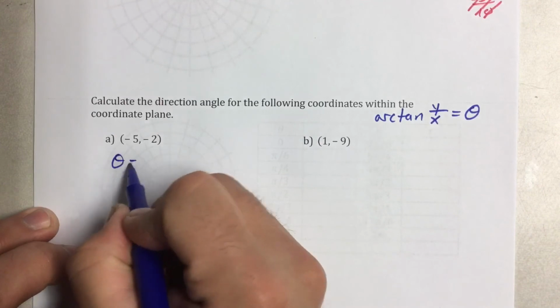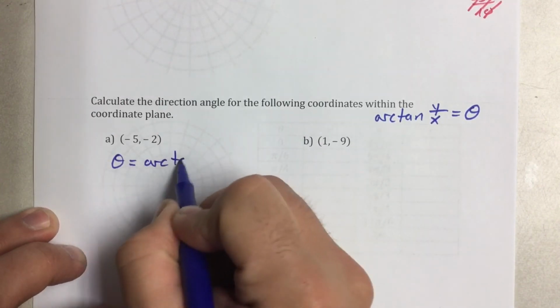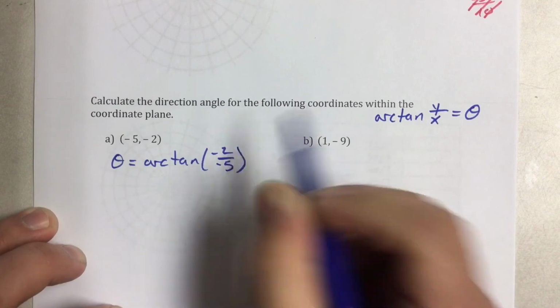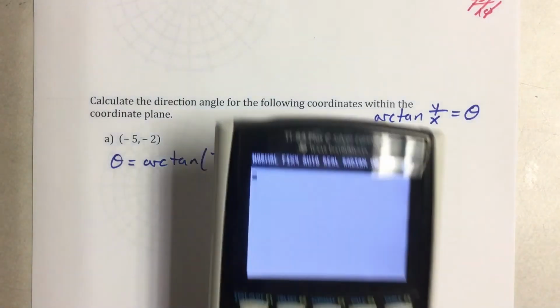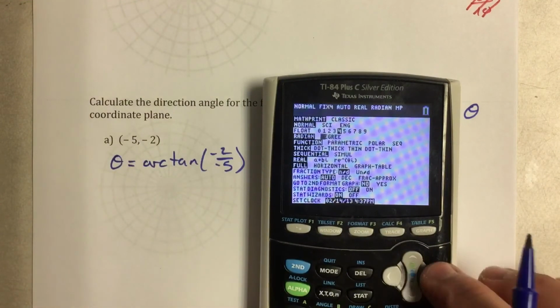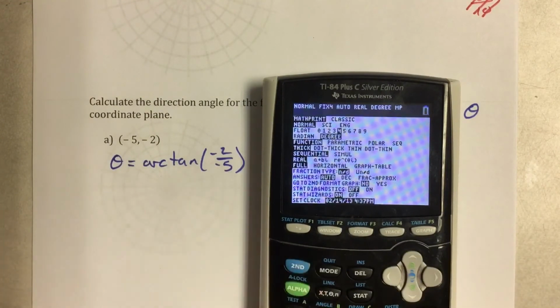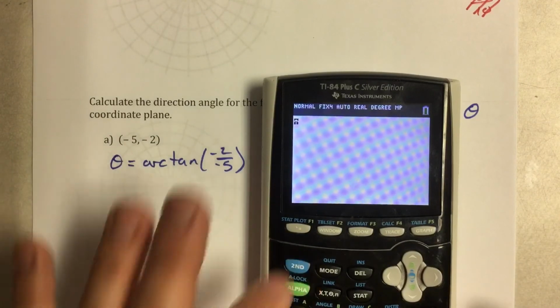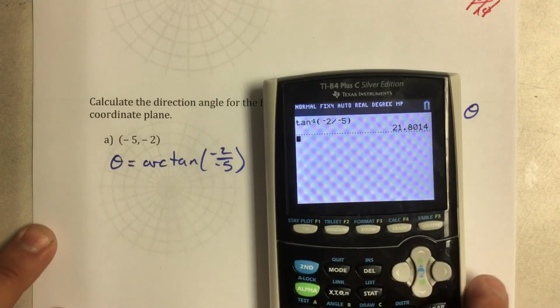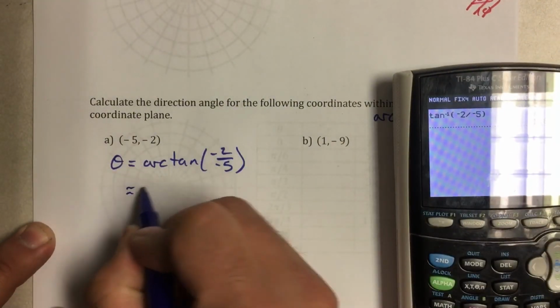So theta, the direction angle, is going to be the arctangent of -2 over -5. Okay, so in our calculator we would get from that, say we are in radians, so I need to change that to degrees. Okay, so we have in degrees. So arctangent of -2 divided by -5. Okay, it gives us positive